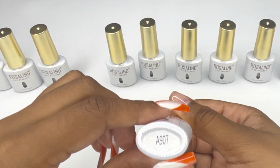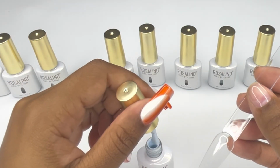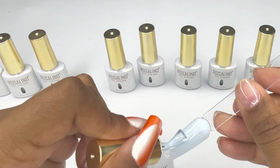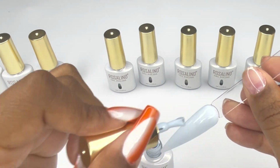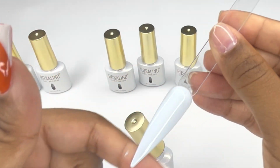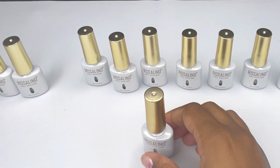Look at that. So now we are here with number 7. Let's see how this is. Nice and thick. And let's see what this is. It's a very light color. I don't know. What do you guys think it is? I don't know. It's like a really light blue, maybe. Here's number 8. And let's see the